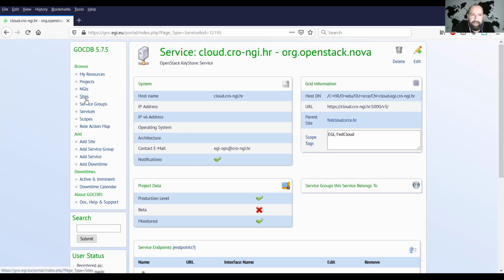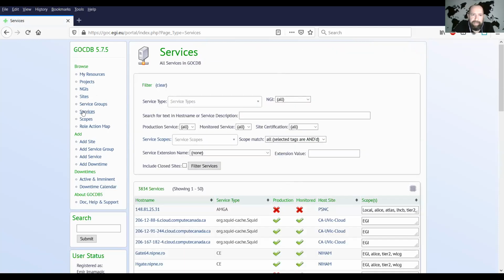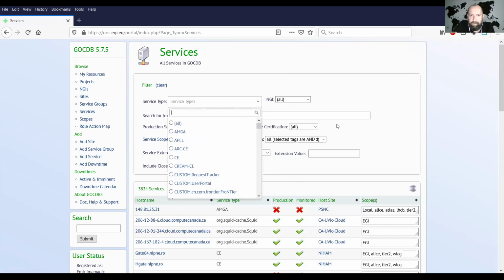Now, with regard to the service types and which service types you have, it's very convenient. So you have the services tab in GOCDB, and I seem to have lost all my Zoom buttons. Keep the chat open, so somebody type to me in the chat if I'm talking about something that you do not see. Now, service types. So here you can see all the service types which are already in GOCDB.